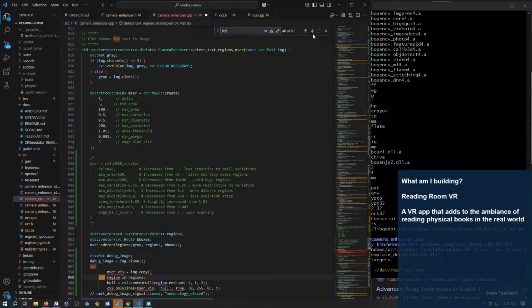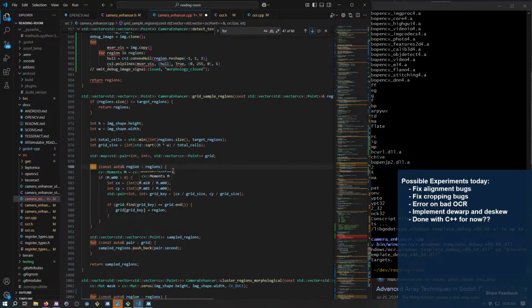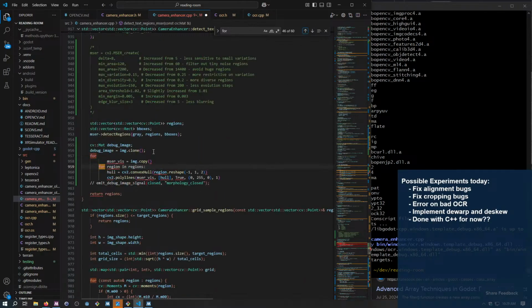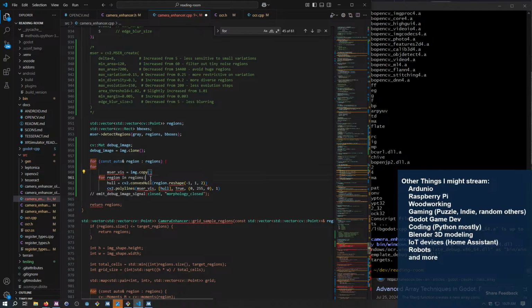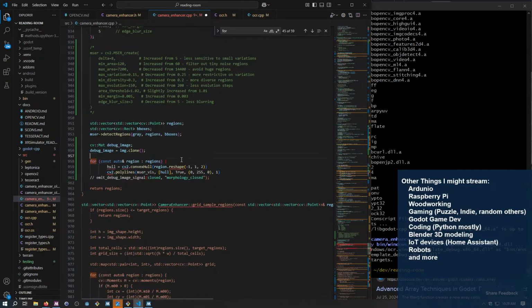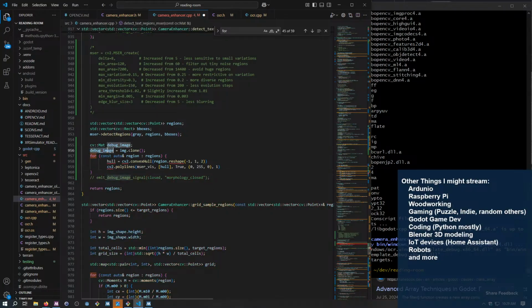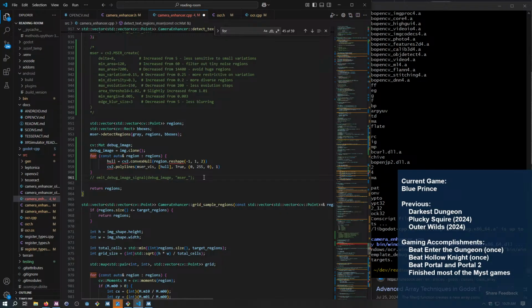I need a for loop example. Specifically this example. Like literally that exact example. All right, there's our for loop. Region and regions. And then we'll call this measure regions. And